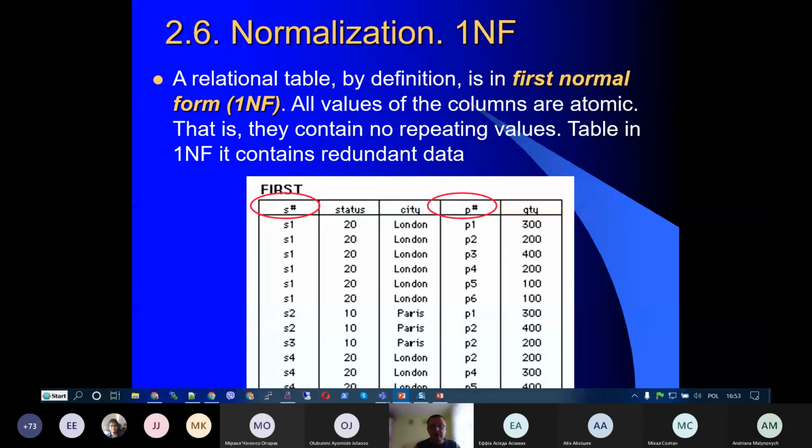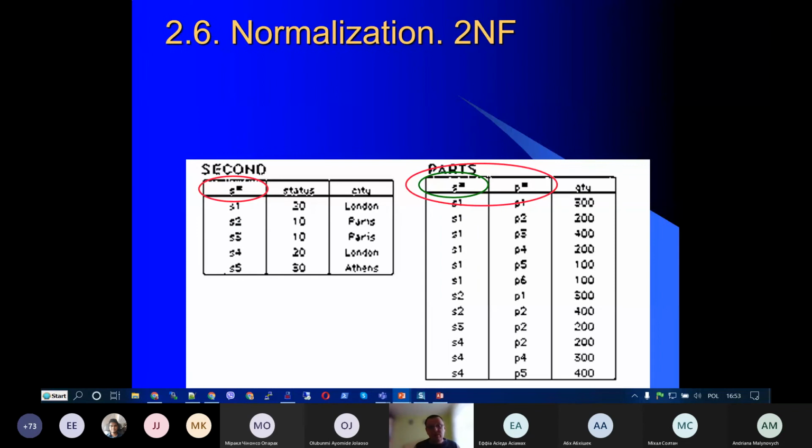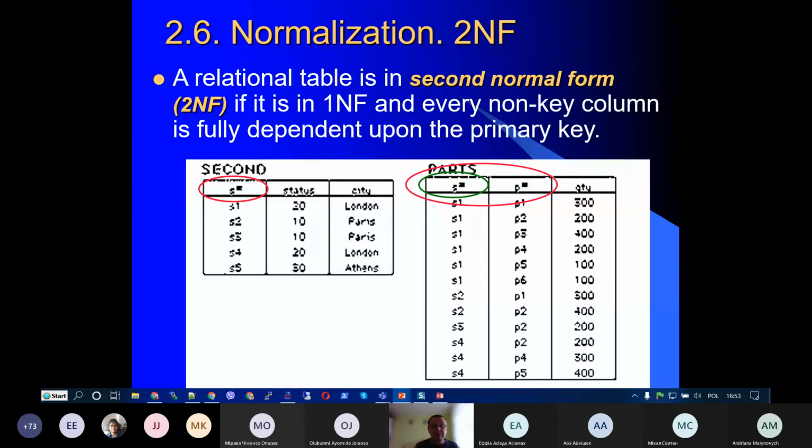our values atomic. So this given table is already in first normal form, but we have lots of redundancy under the S and P columns. So we can split into normal form where every non-key column is fully dependent upon the primary key. Here in red we select the primary key, and in green, the green circle, well, it's a foreign key. So we have separate